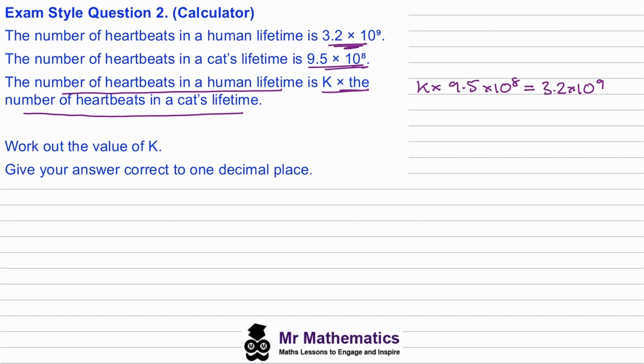We can work out the value of K by dividing both sides by 9.5 times 10 to the 8. These two will cancel, so K will be 3.2 times 10 to the 9 divided by 9.5 times 10 to the 8. We can work this out,